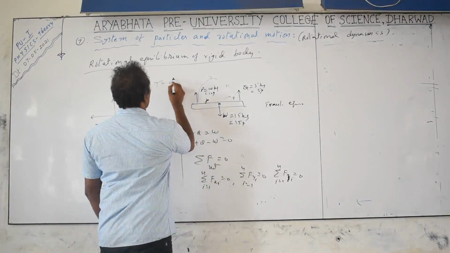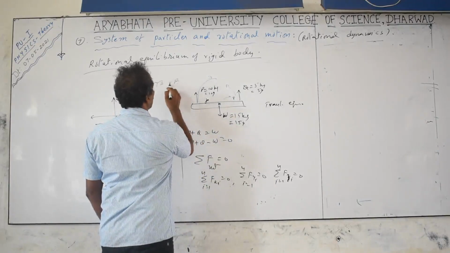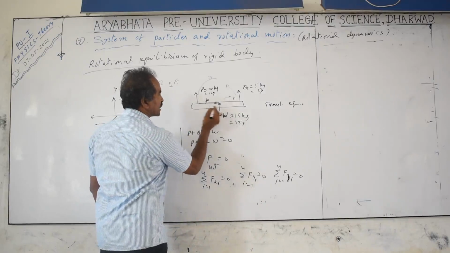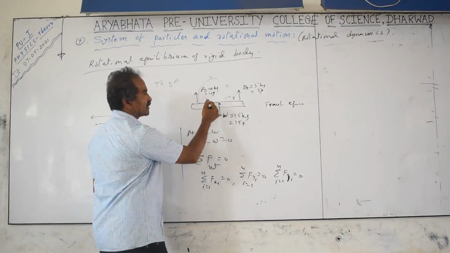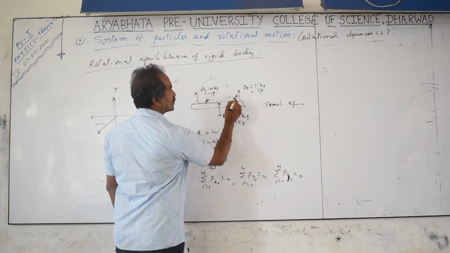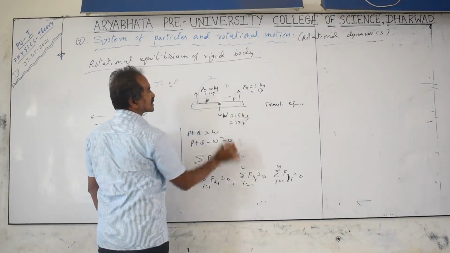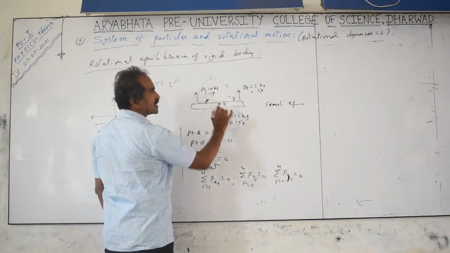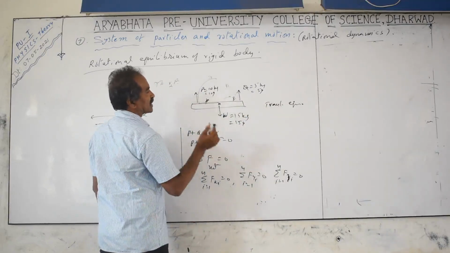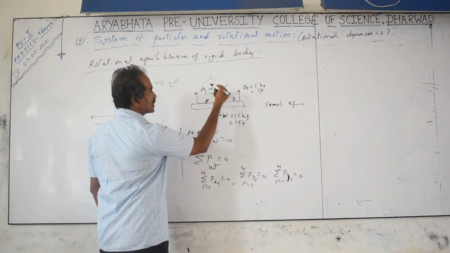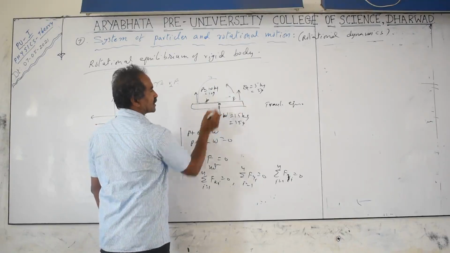Tau is equal to r F sin theta, force into r sin theta. r sin theta is nothing but the perpendicular distance. What is the perpendicular distance here? This is 90 degrees. The distance from the axis of rotation is small p. So capital P into small p, Q into small q, where small q is the distance. Anti-clockwise directions we take as positive, clockwise directions we take as negative. It is not compulsory or fixed, but generally we take anti-clockwise as positive and clockwise as negative. So here the